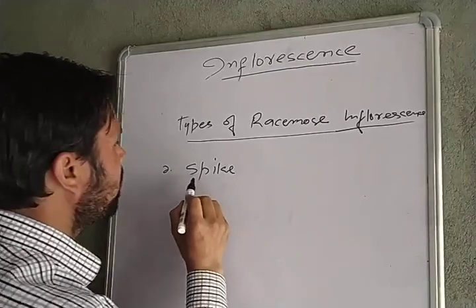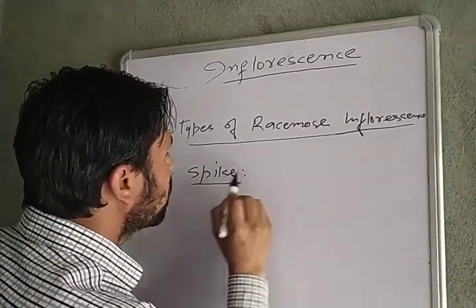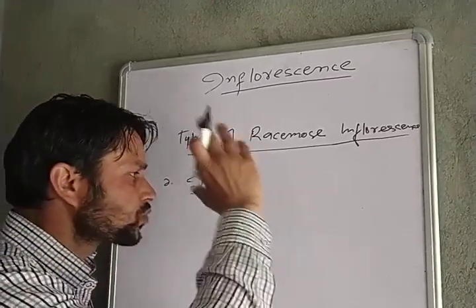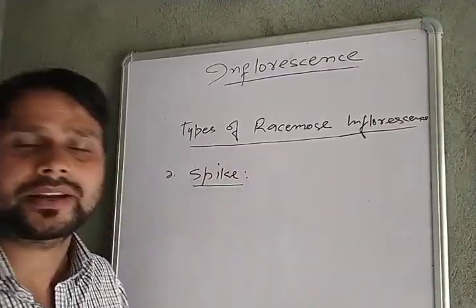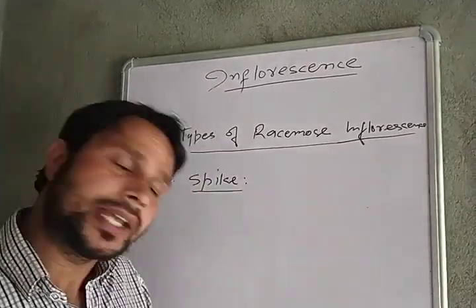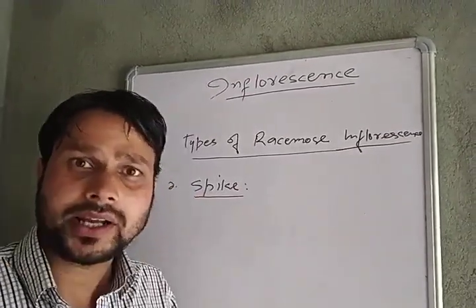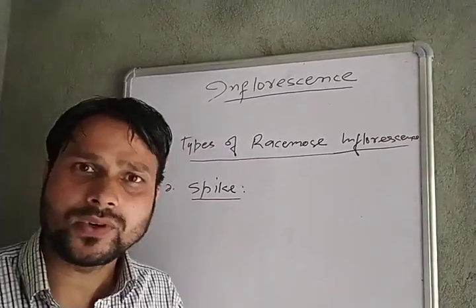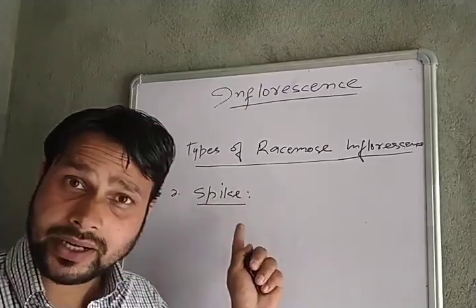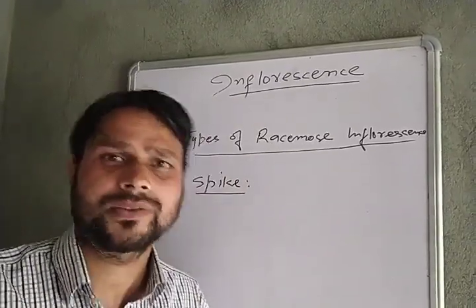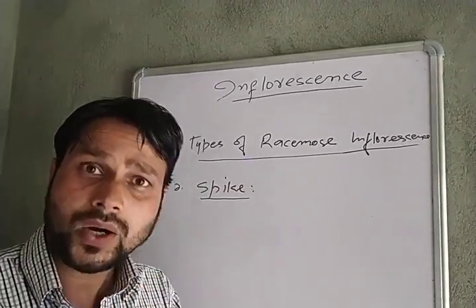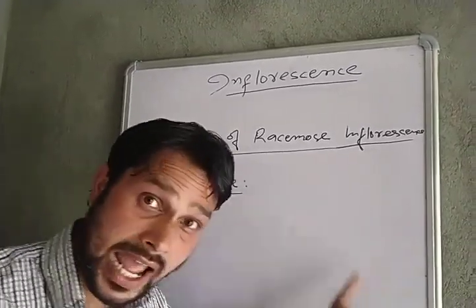Spike type of racemose inflorescence. What spike is? Spike is like a typical raceme. The arrangement of flowers on the pedicel is like that of a typical raceme, but the condition is that here the flowers remain sessile. In a typical raceme, there were pedicellate flowers, but in spike type of inflorescence, there are flowers arranged in acropetal